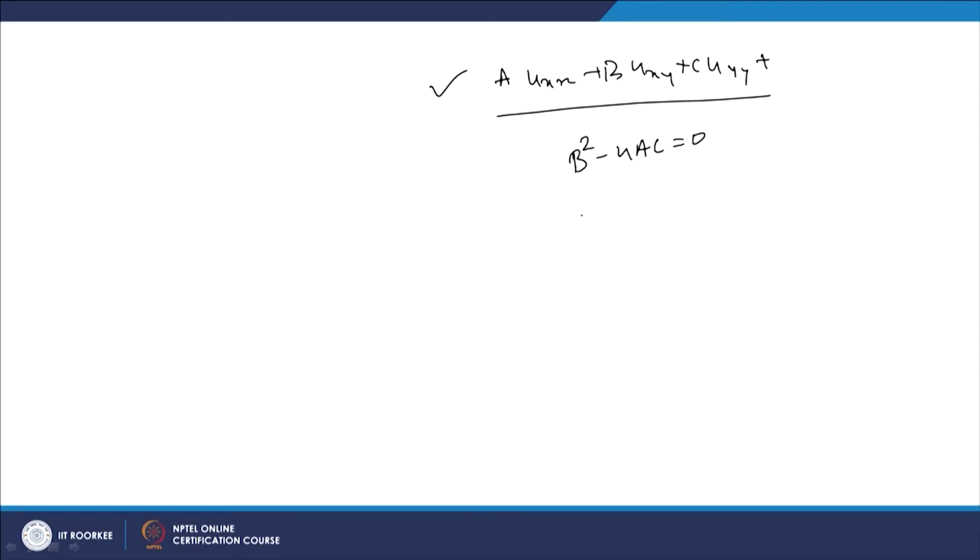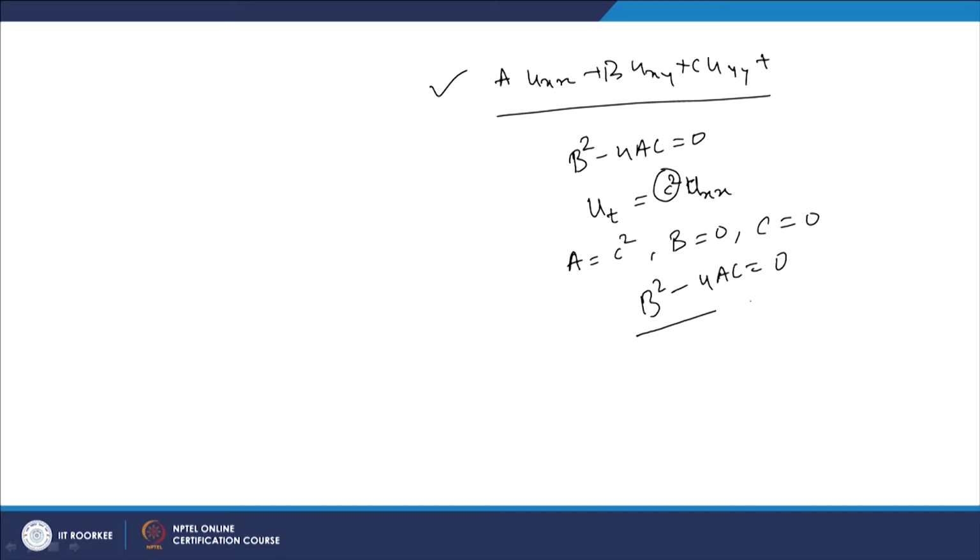parabolic equations. So we will discuss this equation u_t = c² u_xx, or some constant times u_xx. Here a is the constant c², and b is 0 because there is no mixed partial derivative present, and c is also 0 because we do not have a double derivative corresponding to yy or the other variable. So b² − 4ac comes out to be 0. So we can say that this heat equation, which is written as u_t = some constant times u_xx, is